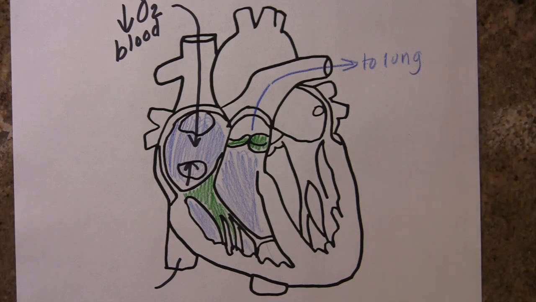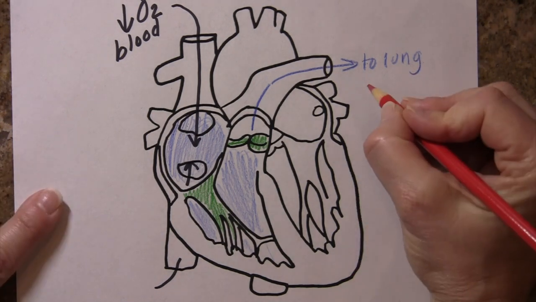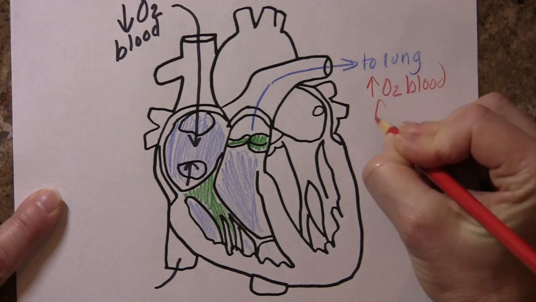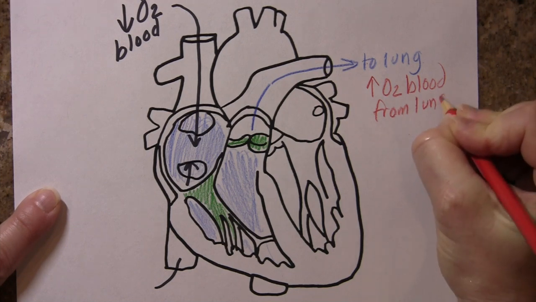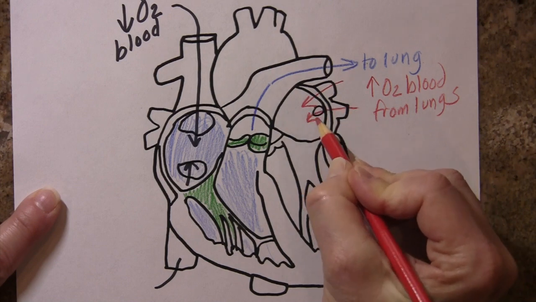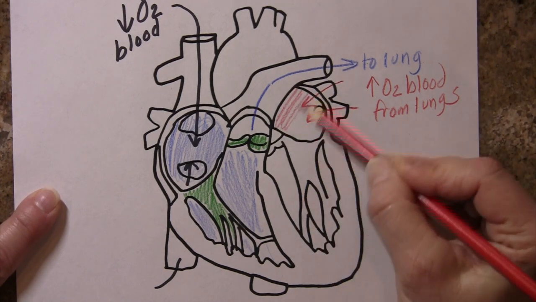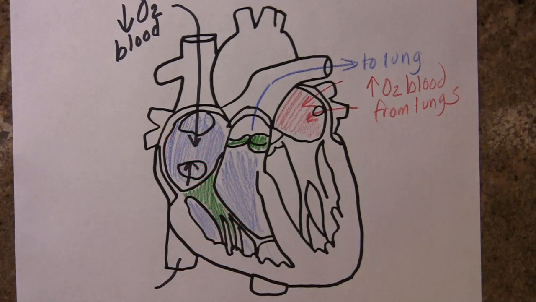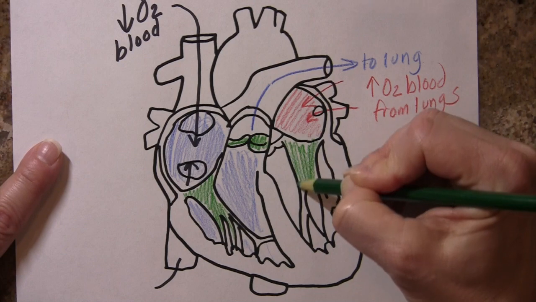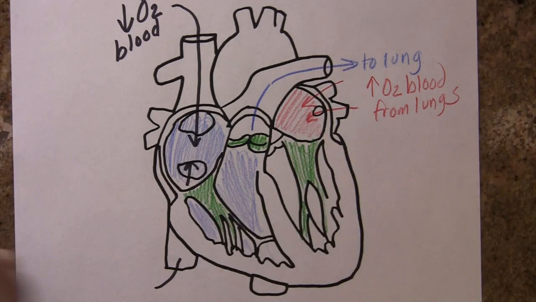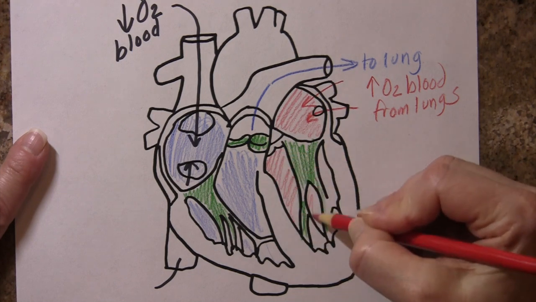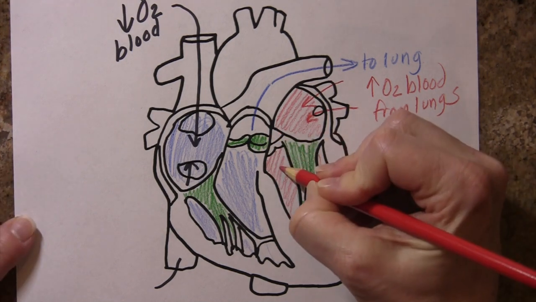Once that blood becomes oxygenated, that oxygenated blood from the lungs returns to the heart on the left-hand side into the left atrium, and there's no valves that guard that entry. So blood would enter into the left atrium, and then in order to get into the left ventricle, that blood would have to pass through the bicuspid valve. So blood would flow through the bicuspid valve into the left ventricle, and then to get out of the left